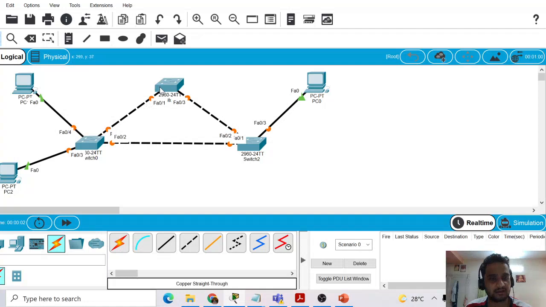So here is an example of the spanning tree protocol running. It will elect this root as the spanning tree root, and in order to avoid a single point of failure, we have created these interfaces. That's the reason we use the spanning tree protocol.